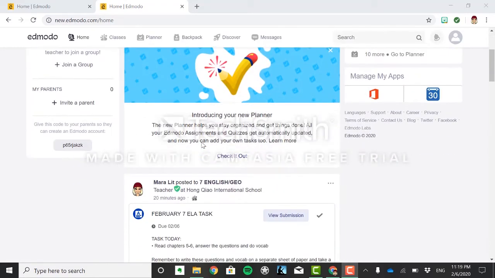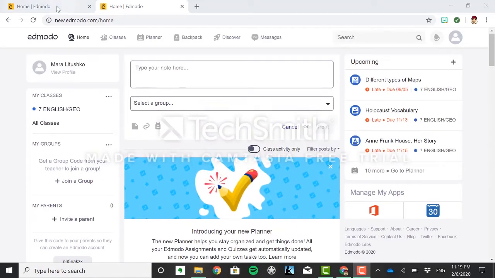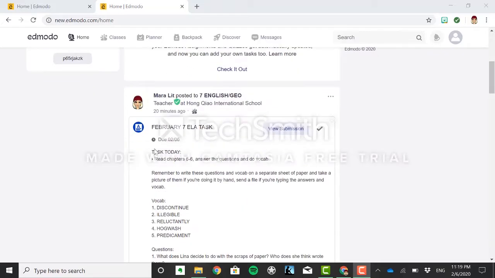So actually, when you get to Edmodo, most of the assignments are posted here, and therefore you need to refresh. You click the refresh button so that you are able to see most of the upcoming events. Then on the right hand side, you can see upcoming events or even assignments that are posted in your class, which you can as well refresh to see them loaded in your class.